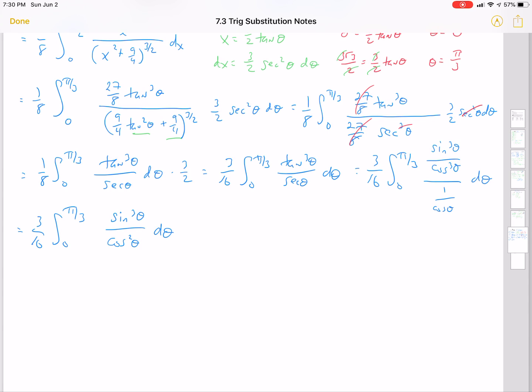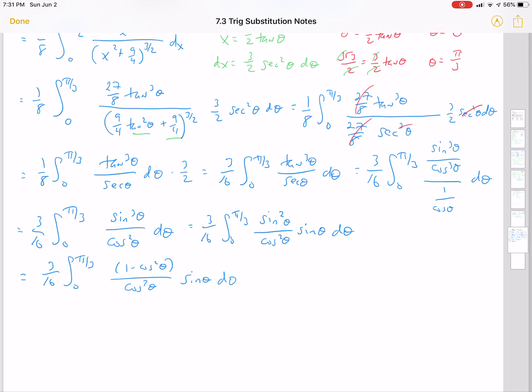in the denominator. Now here's where a little bit of ingenuity is going to come into play. Maybe not something you would normally think to do here, but this is the way it's going to work out the best. I'm going to separate the sine cubed to be sine squared times sine. And while you may have actually thought of that part, it's the next part that might not have been what you would normally think of. So I see sine squared over cosine squared. My first thought is make that tangent squared, but then I have tangent squared times sine. That doesn't really help us very much. But what I can do is change the sine squared on the top to be 1 minus cosine squared, and that's going to be much more useful. So we'll get 3/16, 0 to pi thirds for our integral, 1 minus cosine squared theta over cosine squared theta